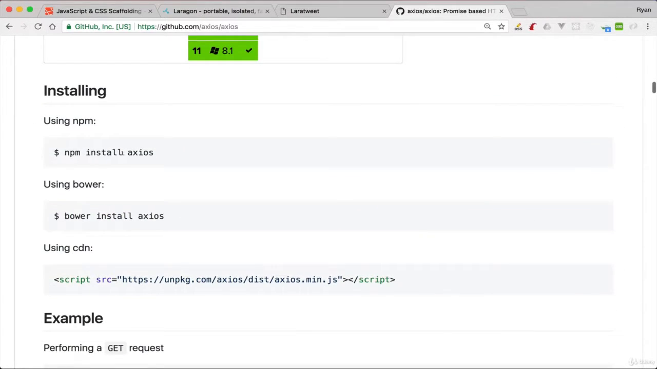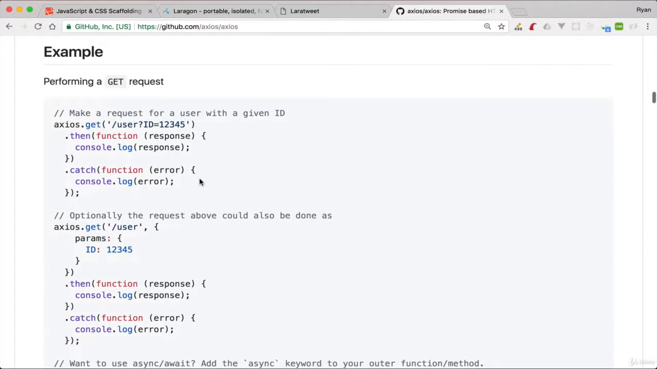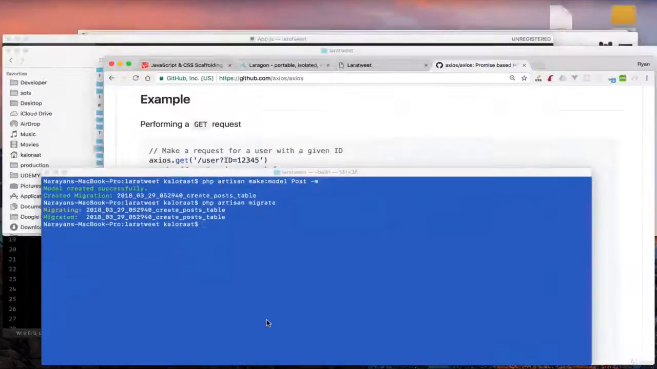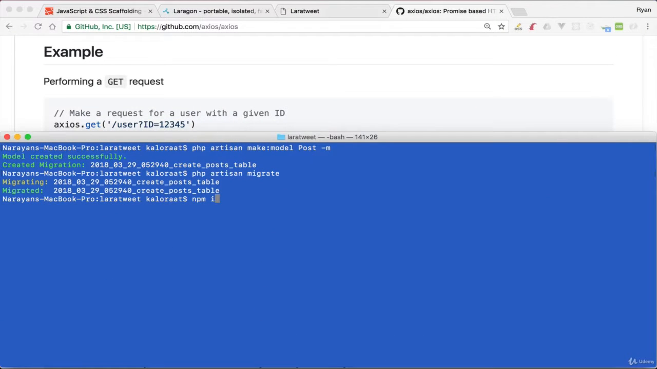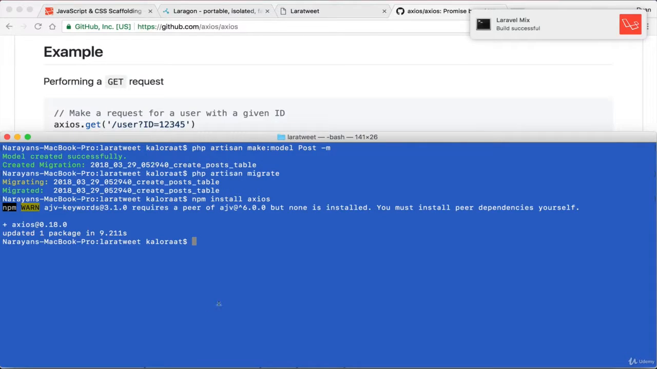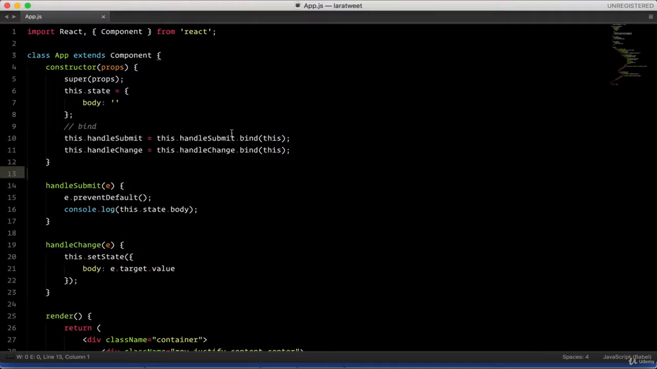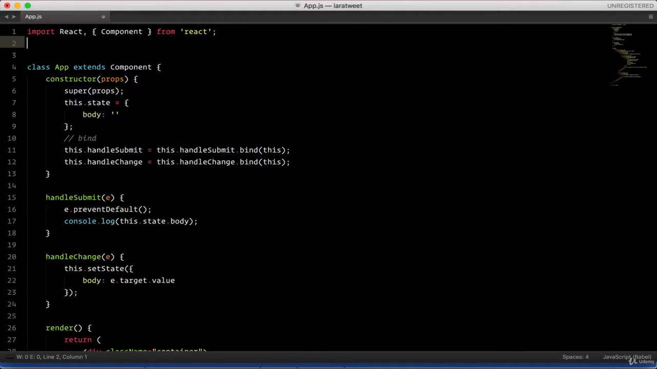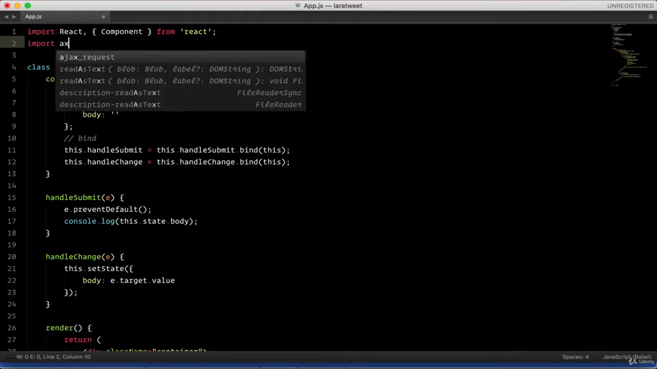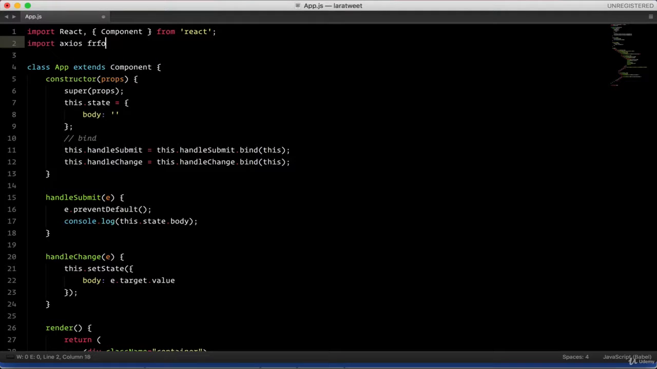So let's begin by installing it using npm install Axios. Let's go here and install it. Okay, it's done. Now we can start using it. So first thing, in our app.js I'm going to import this one. So import Axios from